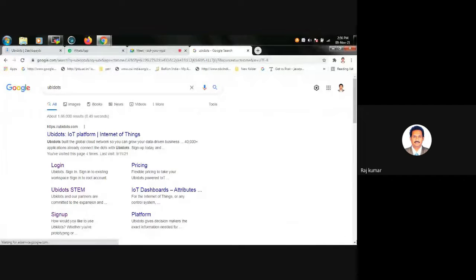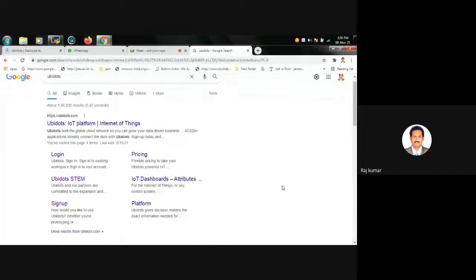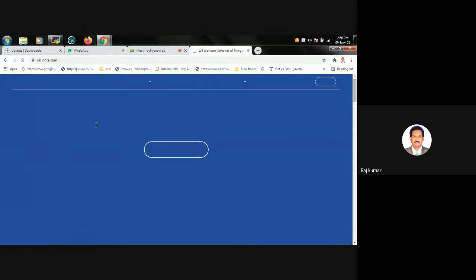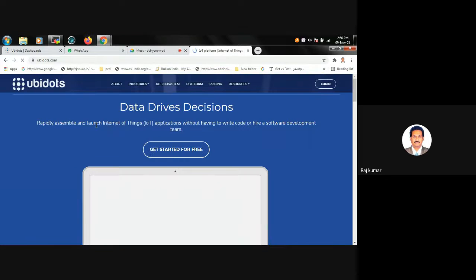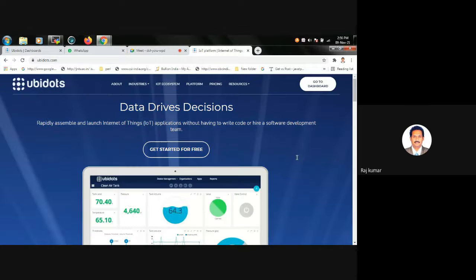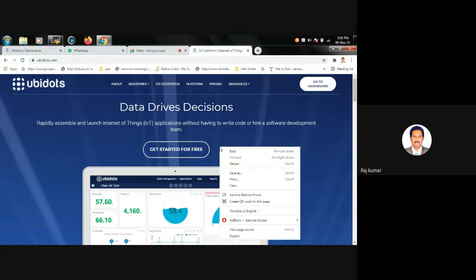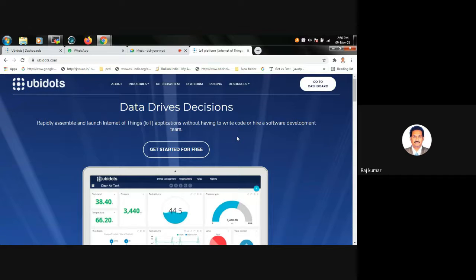Here you have to choose one of the platforms, so click on ubidots.com. You can do this in parallel if you have a laptop or any other system. Here you can see there is an option, get started for free. Click on that.